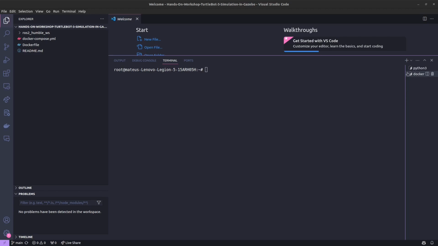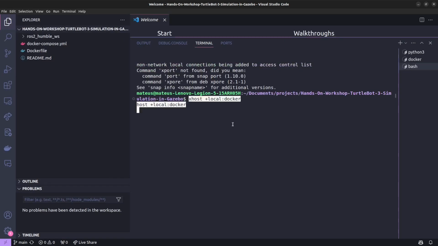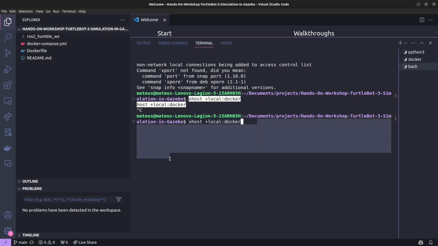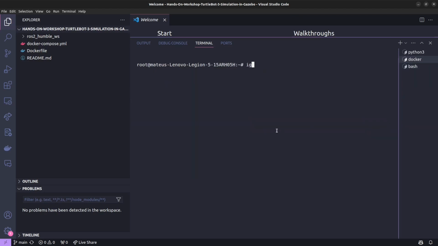So before we continue, we need to execute this command here that allows Docker to use the visual interface of the host computer, because we want to launch simulations with Gazebo. We want to see the sensors with RViz. So we need to get access to the visual interface from within the container. So now that we can run visual applications from within the container, this container comes with Gazebo already installed,